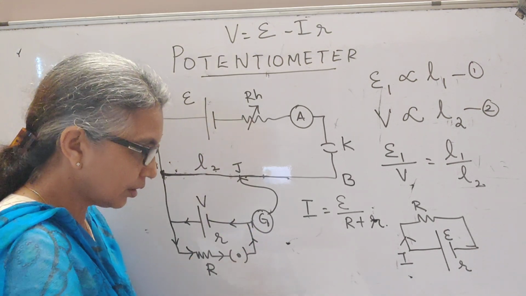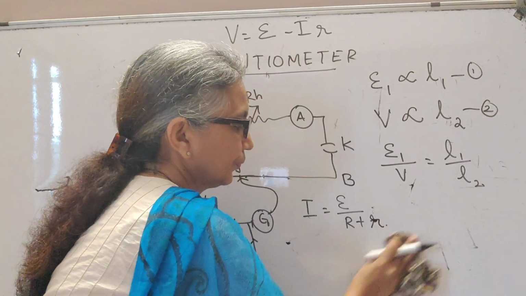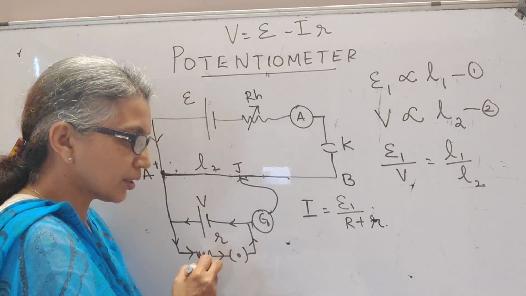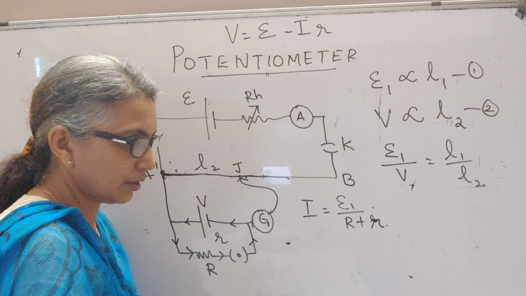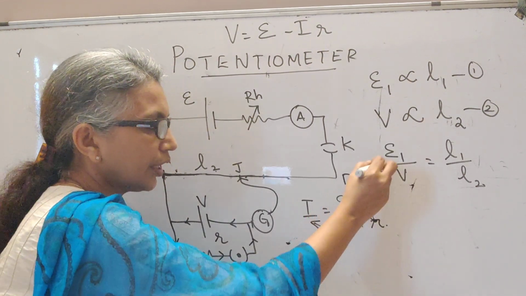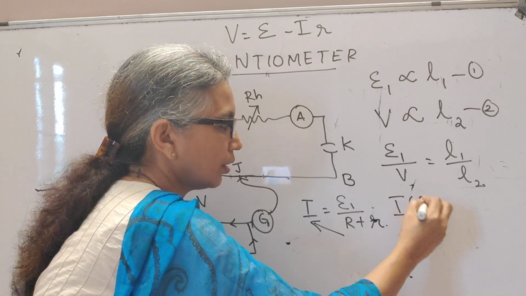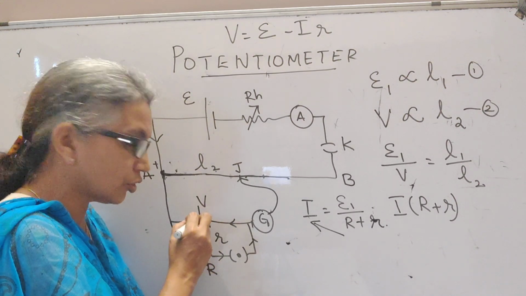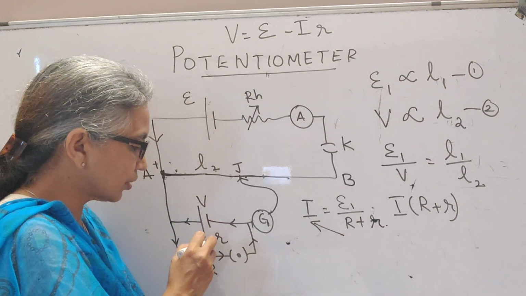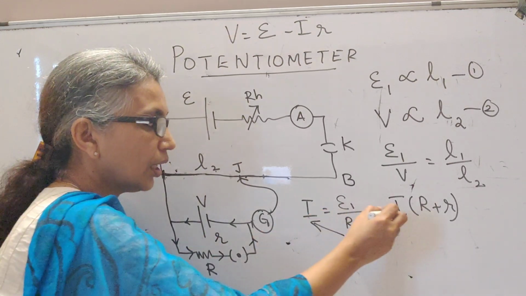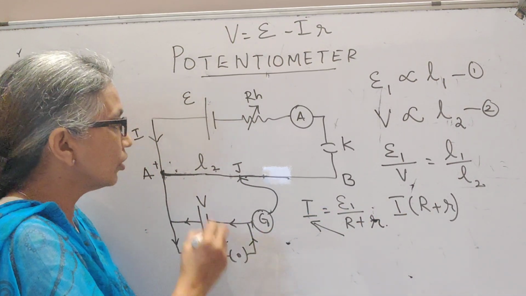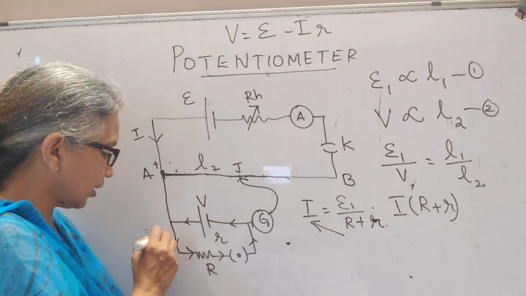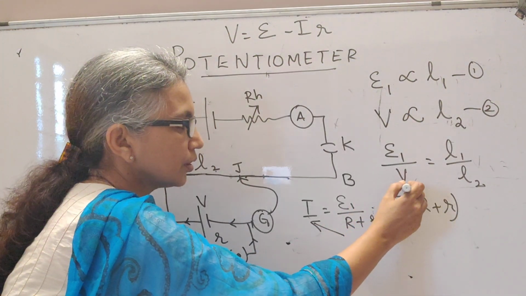So I may write this formula as, this one's EMF was E1, connected to an external resistance capital R and internal resistance r. So if I cross multiply, E1 can be written as I into R plus small r, where this capital R is this external resistance connected to your cell. This is the internal resistance of the cell, which is what you're going to find out. I is the current here in this, not this current I, sorry. This current, let us call it I dash.